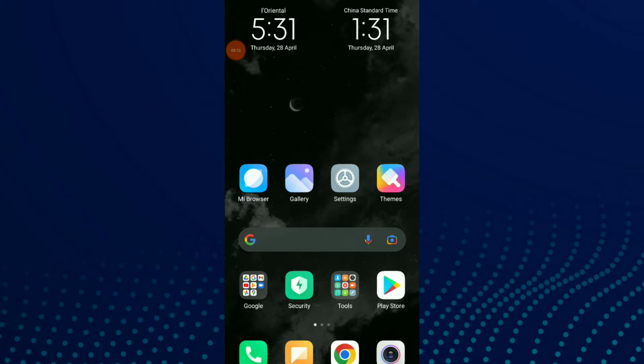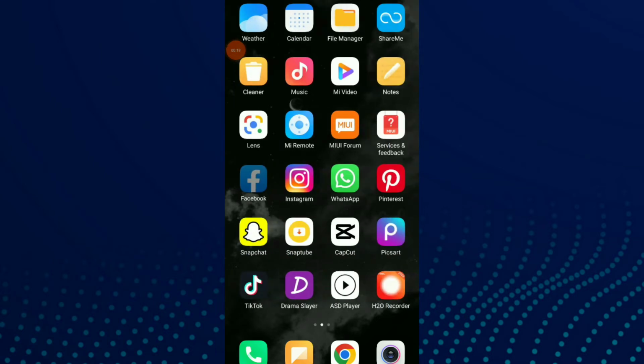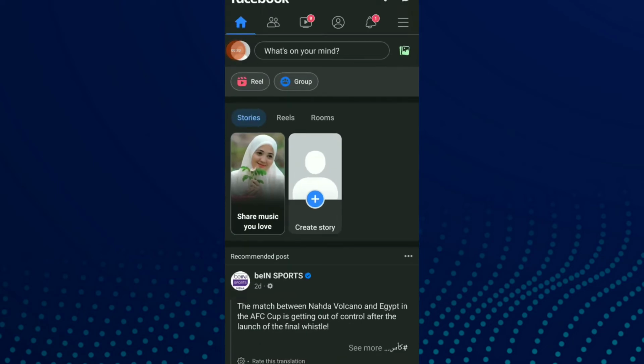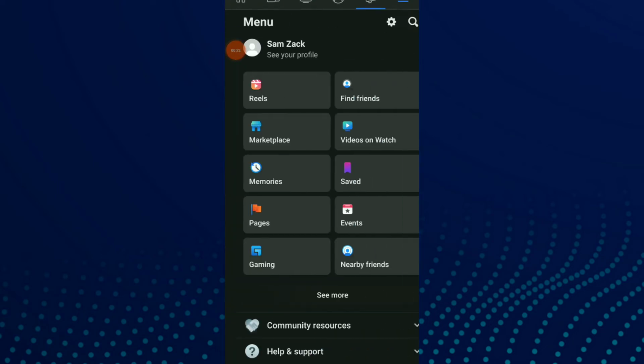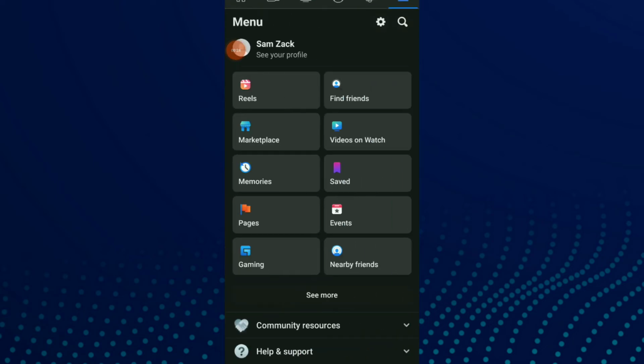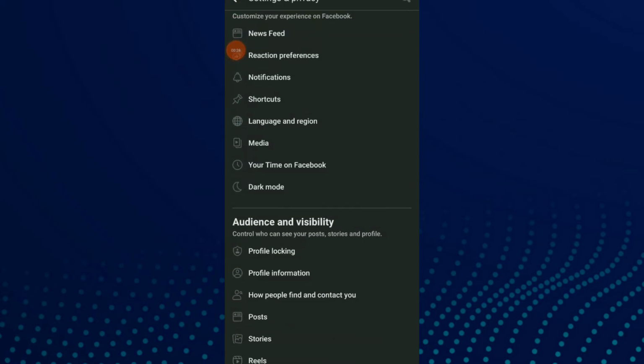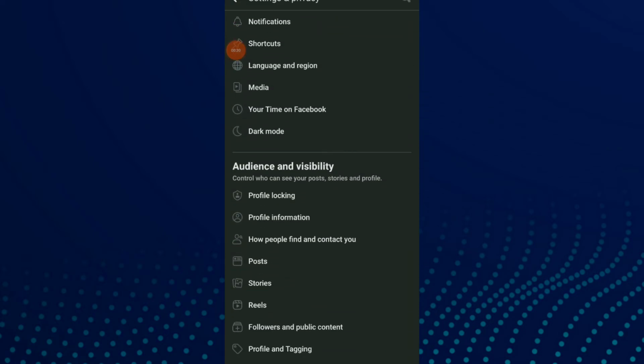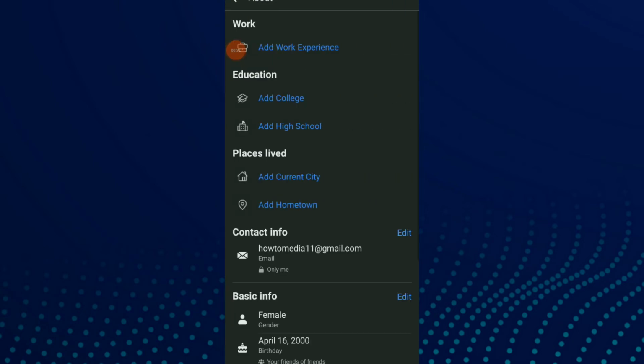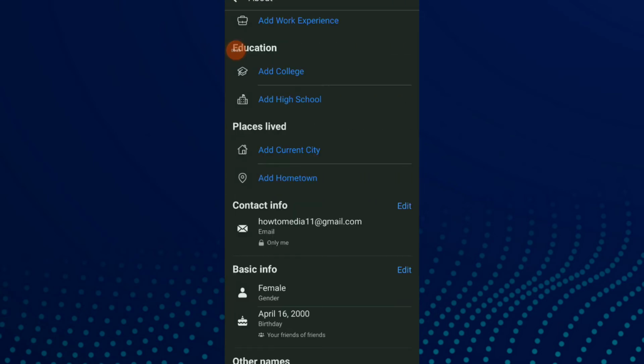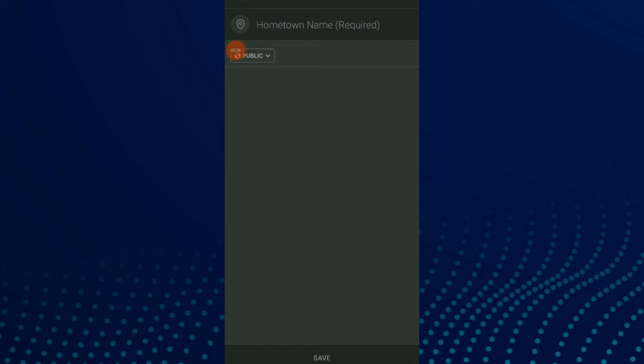First thing, go to your Facebook app. Now click on those three lines up there. Click on the setting icon beside the search icon. Scroll down, click on profile information, and here scroll down, you're gonna find add hometown, and here you can click